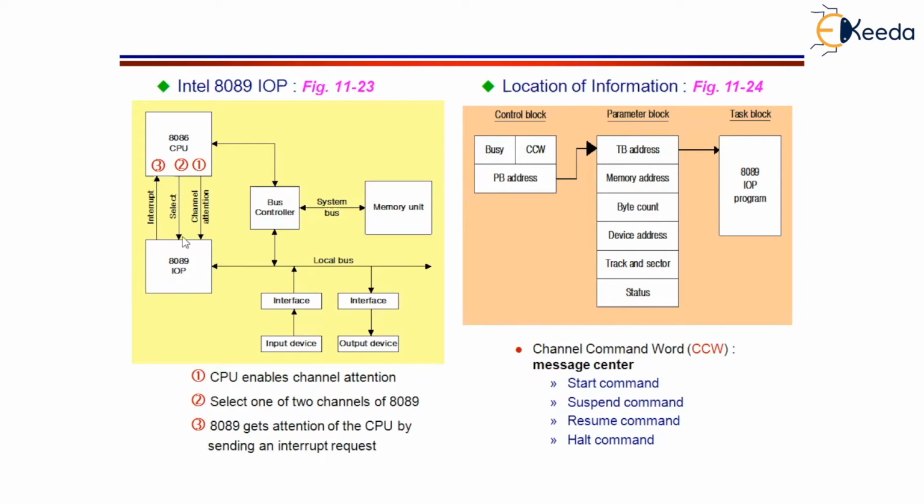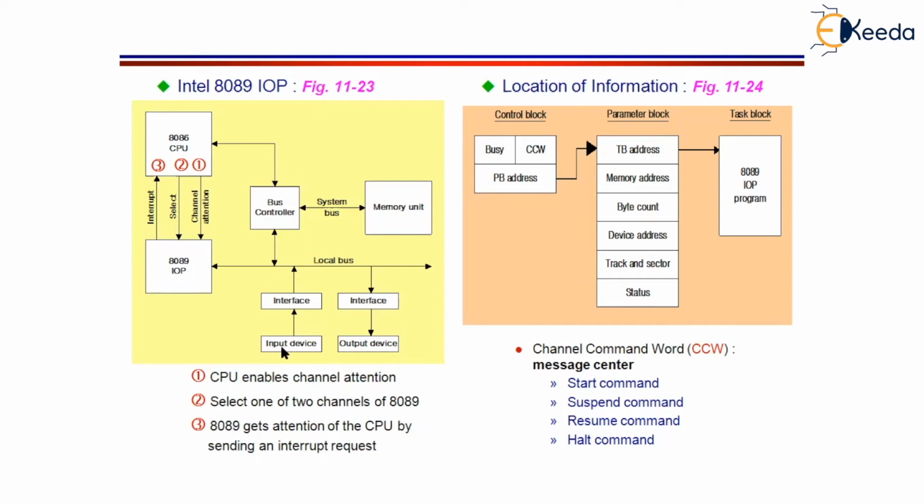Now, let us have a look at something else. Sometimes there will be input devices or output devices that try to communicate with the system. So far, we are talking about when the user program has an IO subprogram, how the IO subprogram will get executed. At that time, 8086 will communicate with the 8089. But sometimes, during an interrupt, what is going to happen? Let us say you pressed a key. When you pressed a key on the keyboard, immediately the keyboard is going to interrupt the computer system.